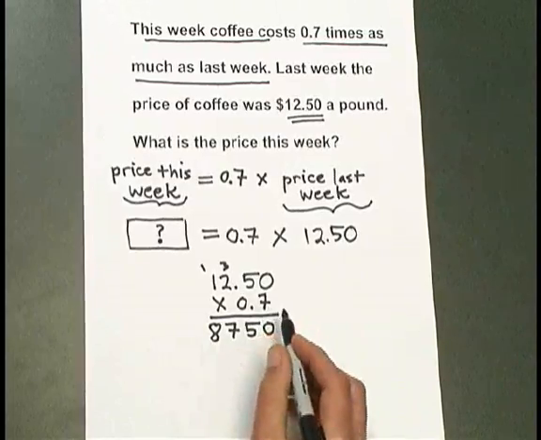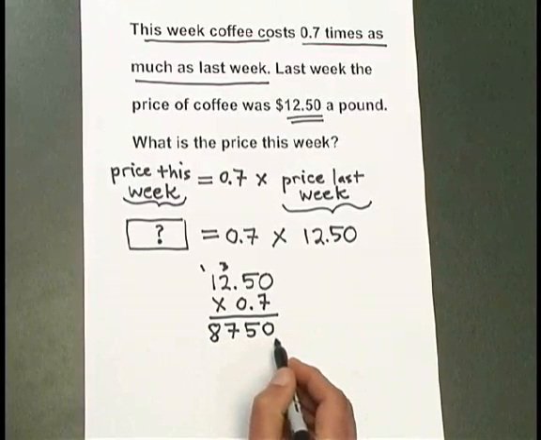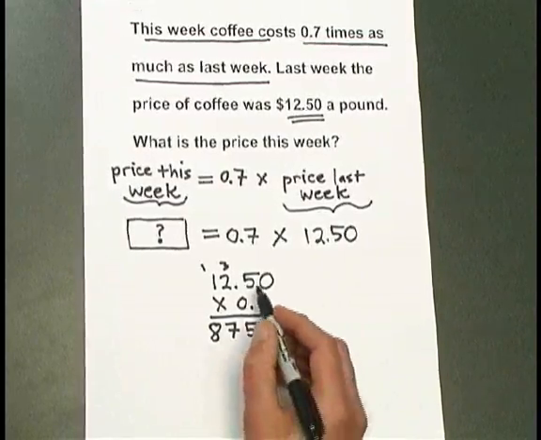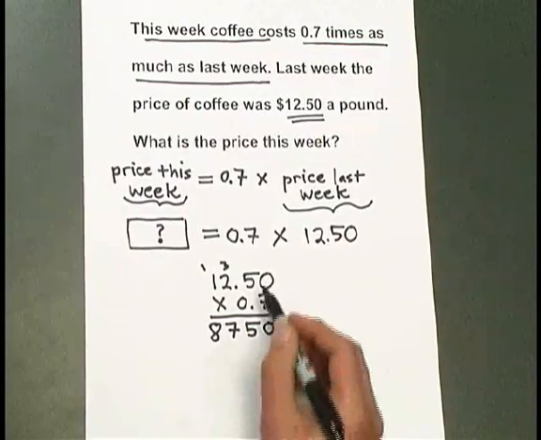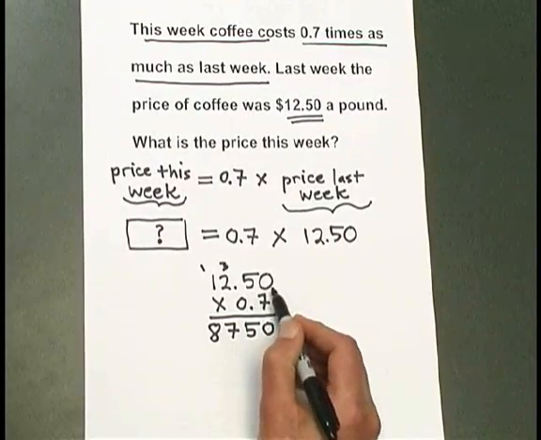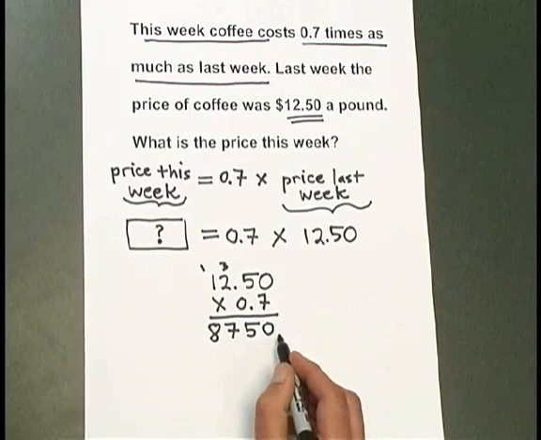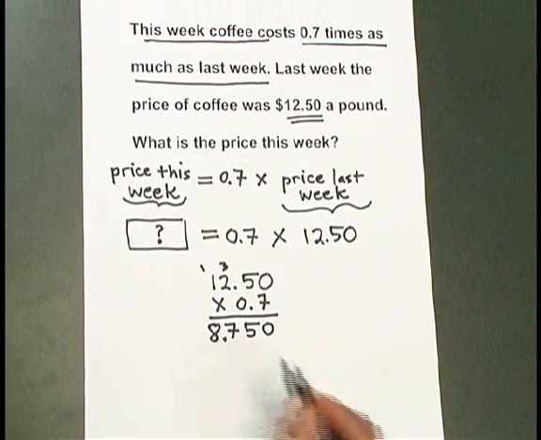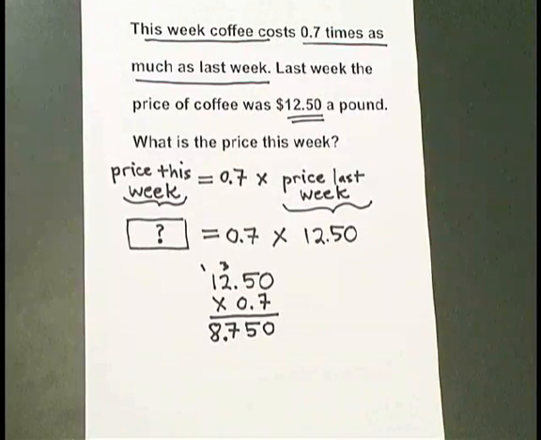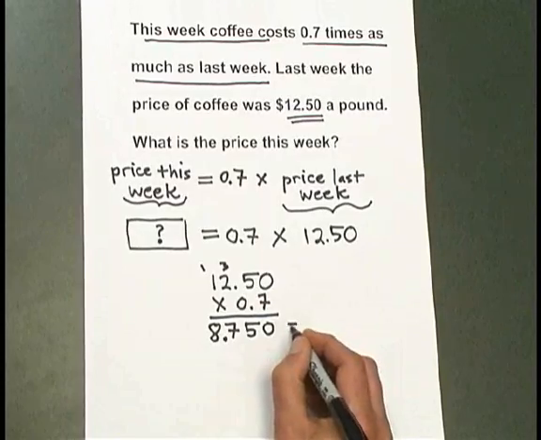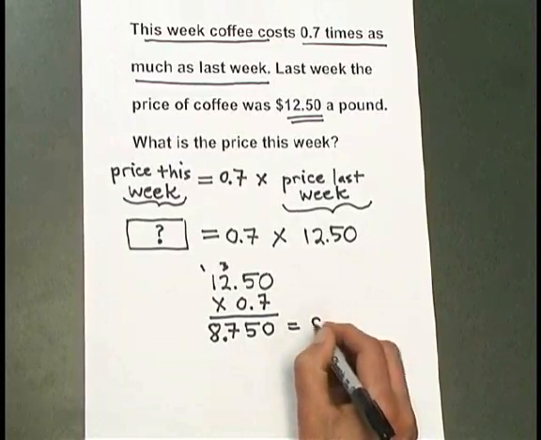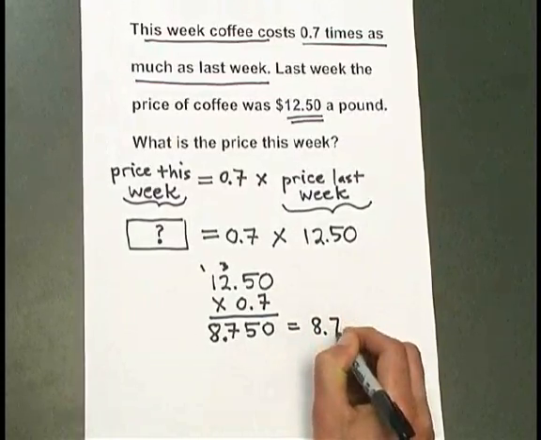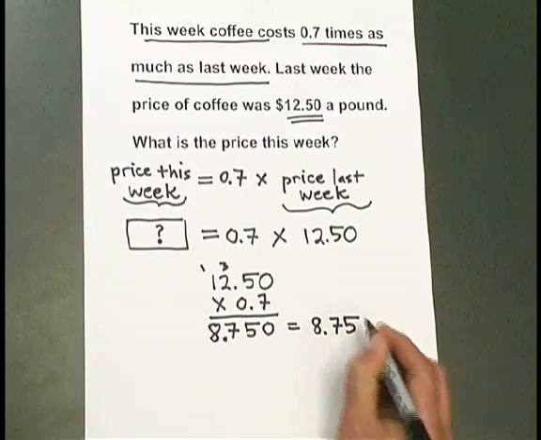And now I need to determine where to put my decimal point here. I count up the total number of places on the right, 1, 2, 3. Start here at the right, count 1, 2, 3. And I have 8.750. The last 0 on the right is unnecessary. So I can just write my decimal as